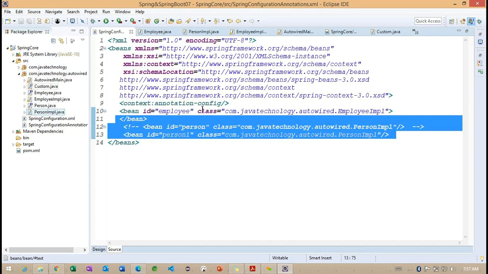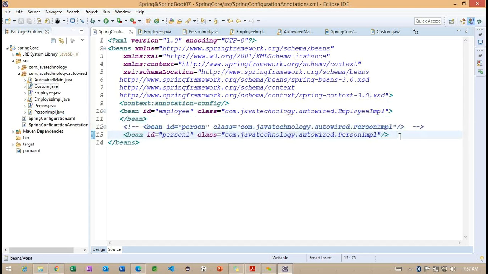Getting the point? These two sections are very important, because if we are very familiar with these two sections, whenever we work from 3.1, all the examples we are going to work on are annotation related examples.